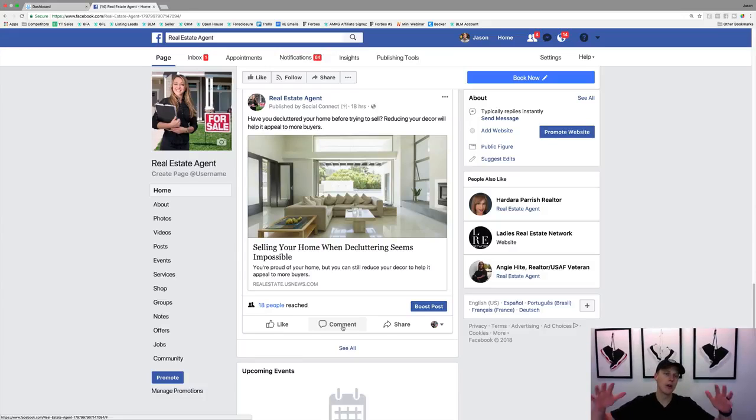Now, the powerful thing about Facebook Messenger, guys, and if you've seen some of my past videos, is that the open rates are insane, right? There are like 90-95% open rates, whereas with email you're going to get about 20 to 25% open rates, and that is actually pretty good. My email list is actually like 6-7 times the size of my ManyChat list, but my ManyChat list does just as much sales and volume as my email list does. That is just how powerful this really is for your business.